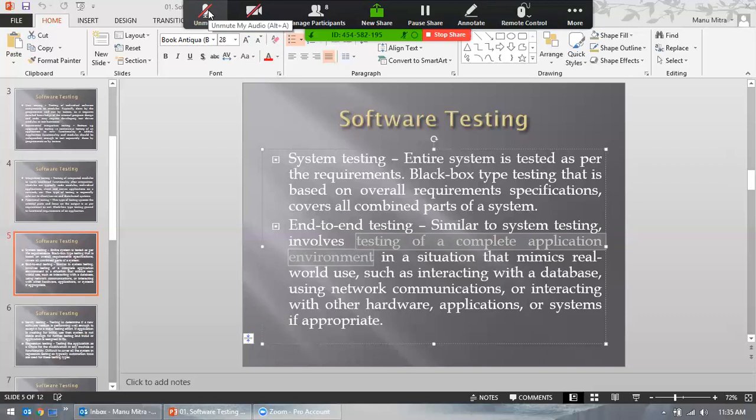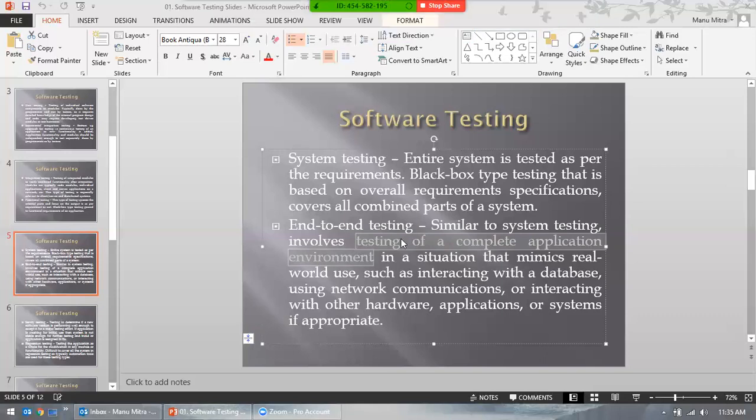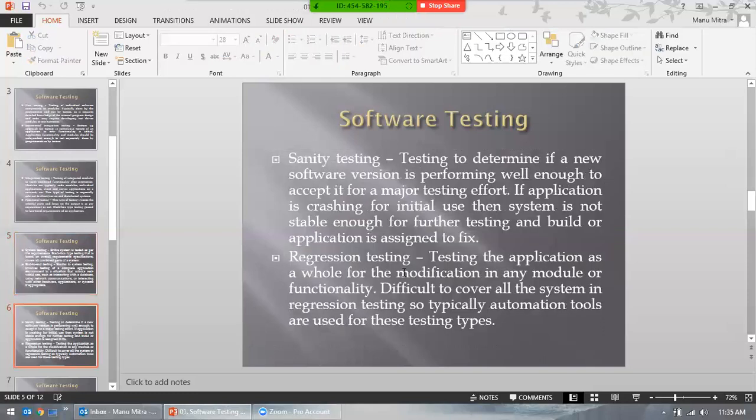Okay, so let's move to the next one. Any questions so far? There is one more topic, smoke testing, so it's not here. Okay, there's something called smoke testing. What is smoke testing? Smoke testing is,